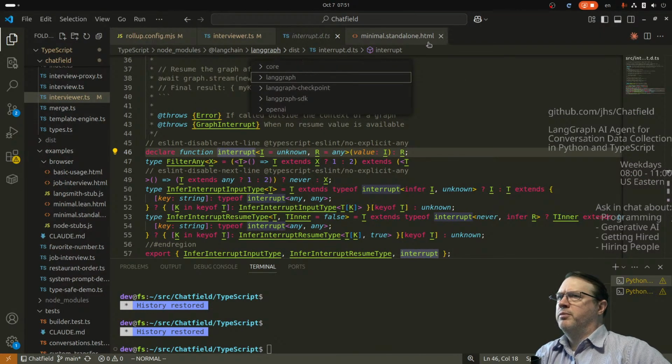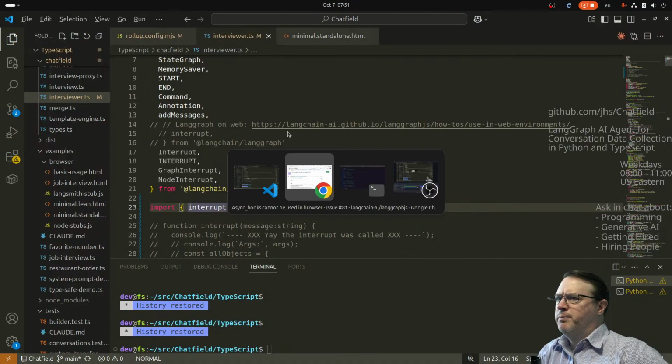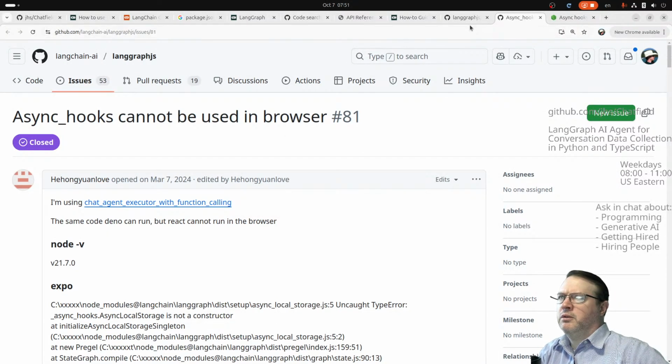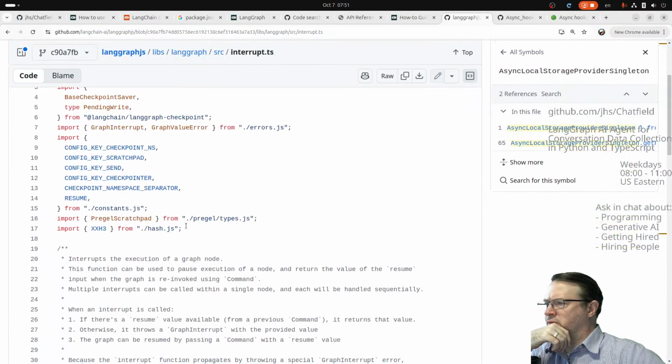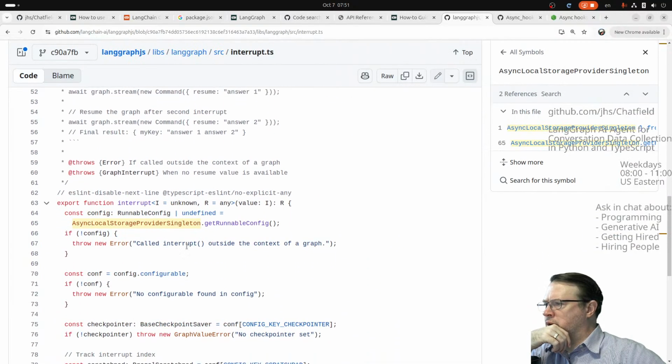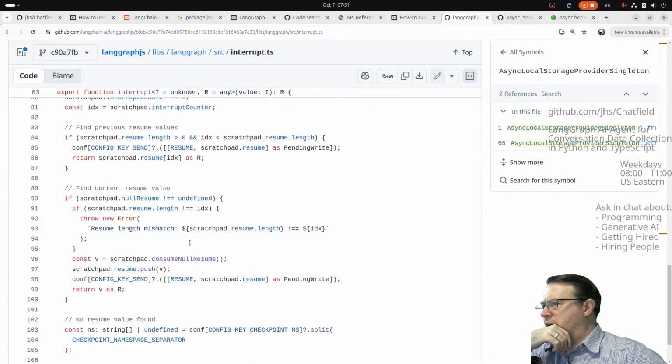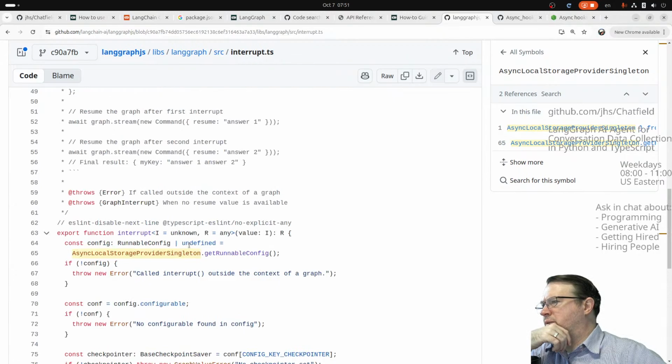Oh yeah, this is all compiled. This is the interrupt code and it requires this async stuff. And I wonder if the reason is, well,